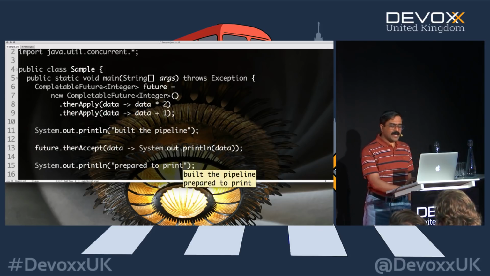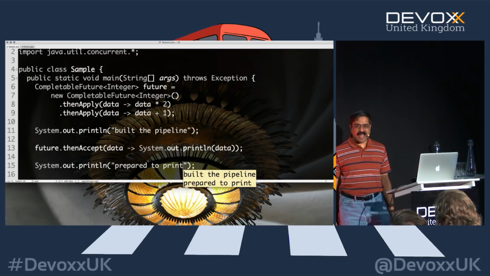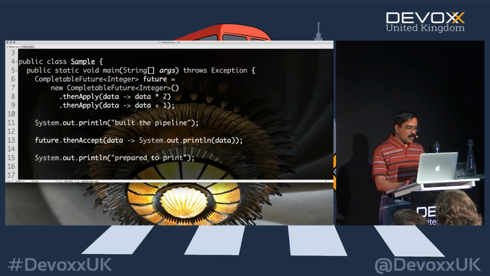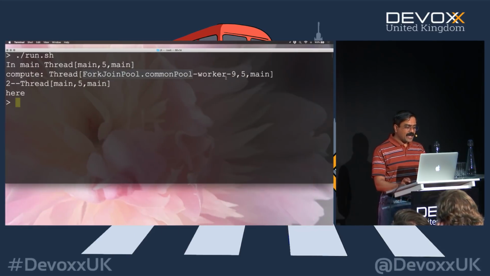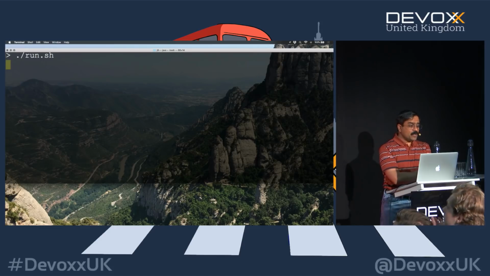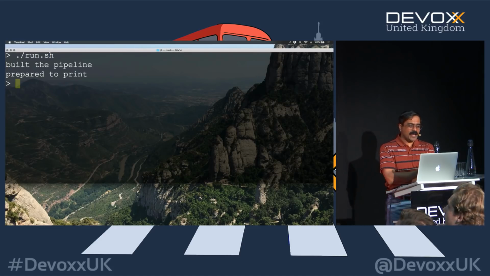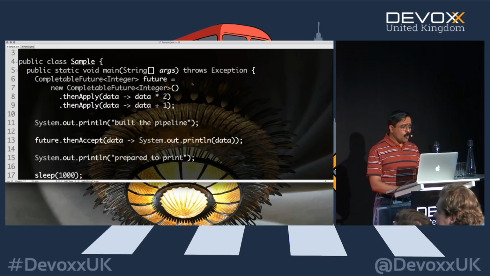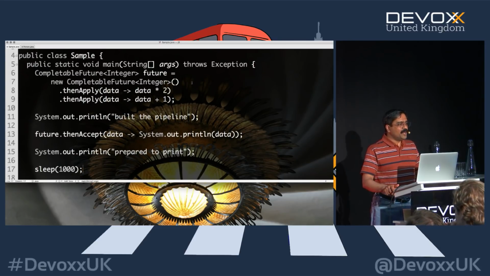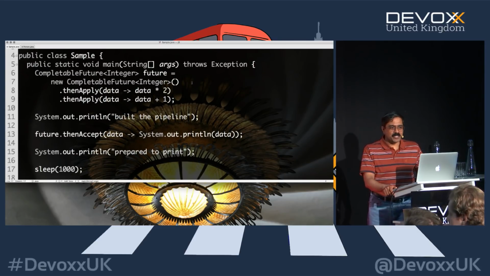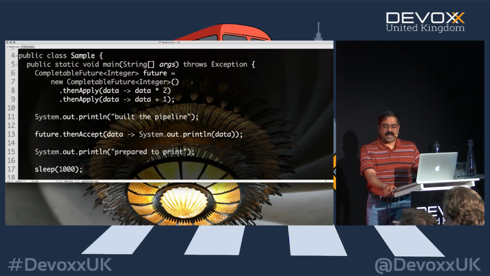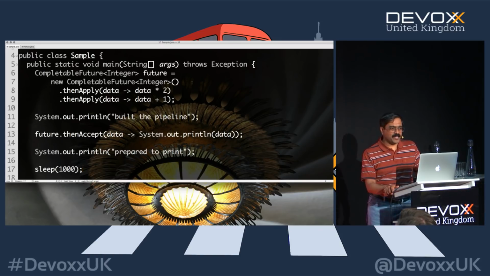Again, you will notice that in this case, we don't have the pipeline active yet. It doesn't matter how long we're going to wait right now. If I wait for a second, it's just going to wait for a second and print that result. It's not going to do anything. Why? Because we built the pipeline, but no data was actually passed through this pipeline. This is like some places where I've seen railway tracks laid down, but they lost the funding, so no train ever went through the tracks. That's kind of like the place here, right? So we built the pipeline, but nothing really went through it.